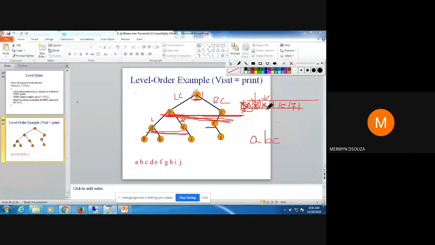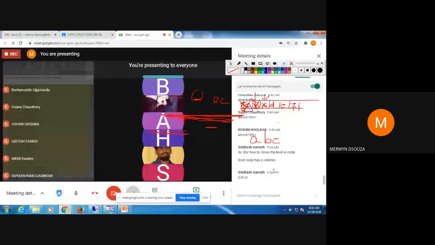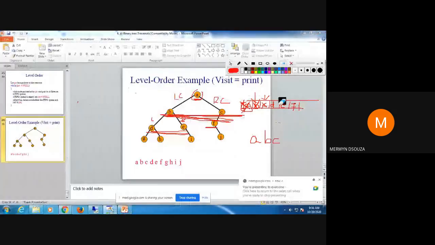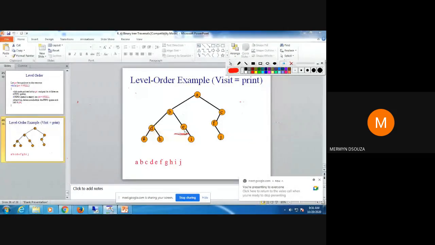Okay. So you're going to make use of your queue and implement level order like this. That is the way you're going to find out the levels of the nodes in the tree, because the children can be at the same level, they will never be at different levels. Okay, so I hope that has made it clear. So that is one more application of a queue, implementing level order.